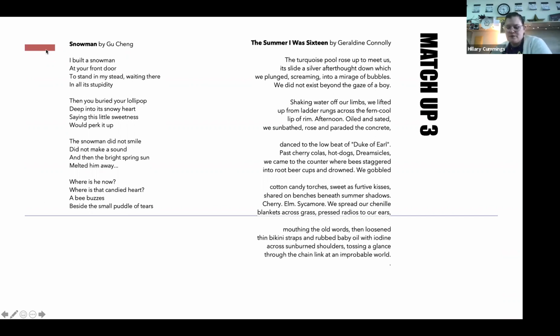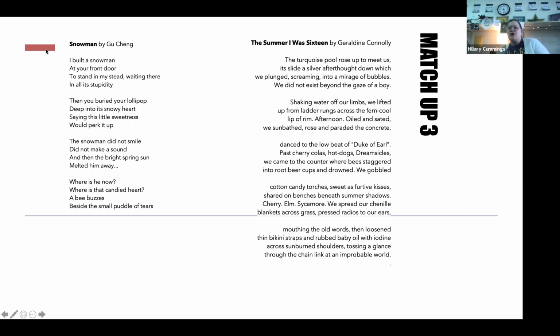So this poem captures a moment in time about being 16 and that summertime feeling. So I want you guys to think about last summer, right? Or maybe the summer before. Last summer was kind of a weird summer because of the pandemic. But I want you to think about a summer where everything is summer-like, right? You get to go to the pool, you get to hang out with your friends, all those little moments that kind of come together and really feel special.